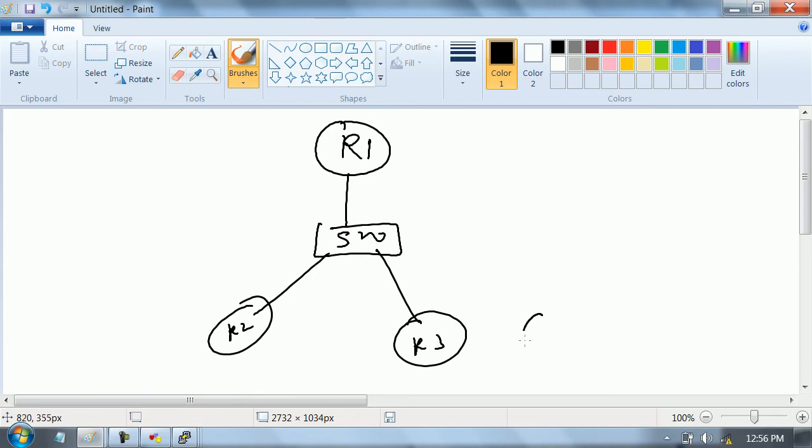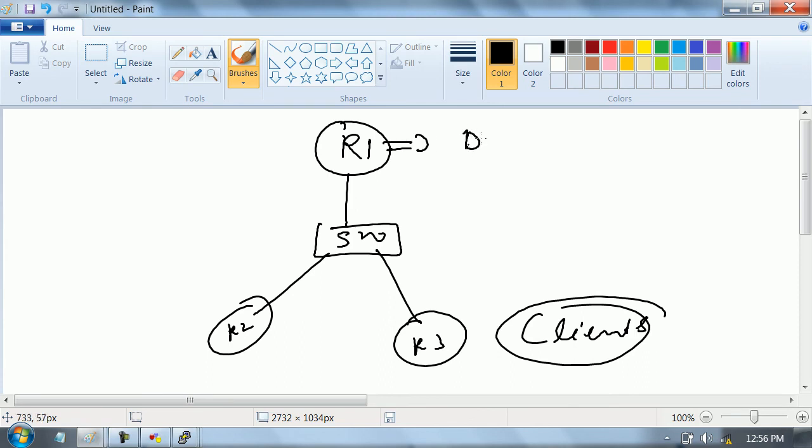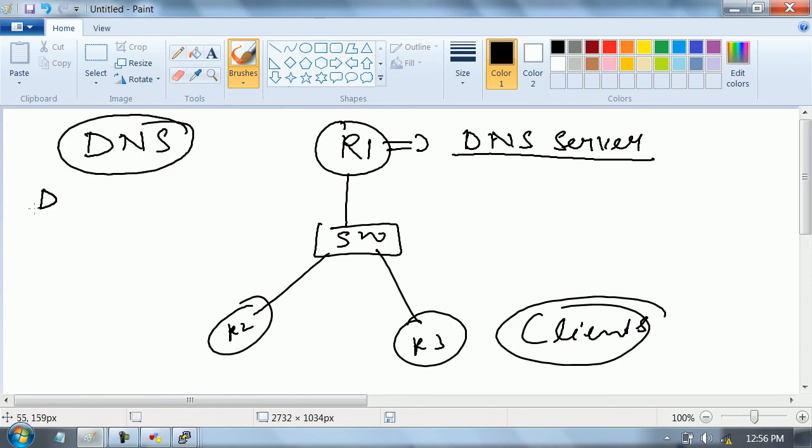These are clients. Actually, what I will do, I will configure this router as a DNS server. Just tell me what is the use of DNS. DNS stands for,